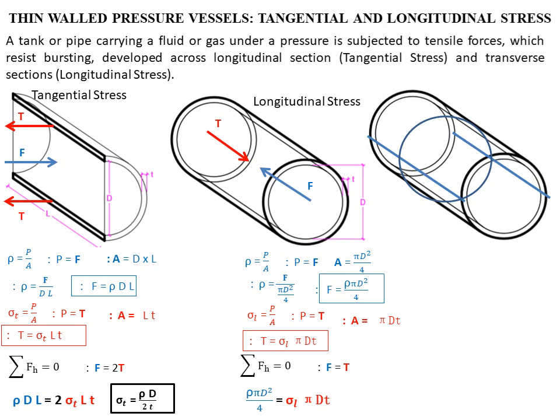And then, what is the value of F? It is pressure times pi d squared over 4, which is equal to the longitudinal stress multiplied by pi d t. So from this equation, we can say that the longitudinal stress is equal to pressure multiplied by d over 4t. This is now our derived equation to get the longitudinal stress